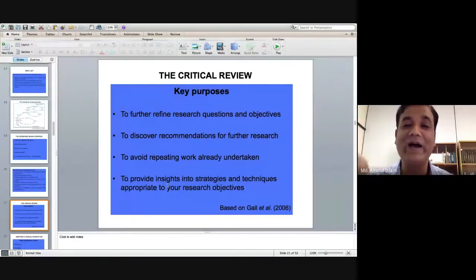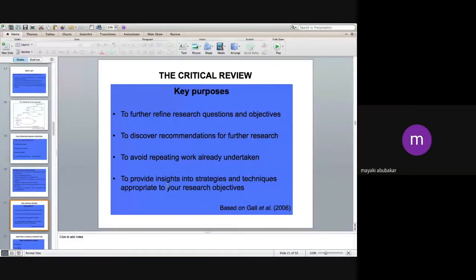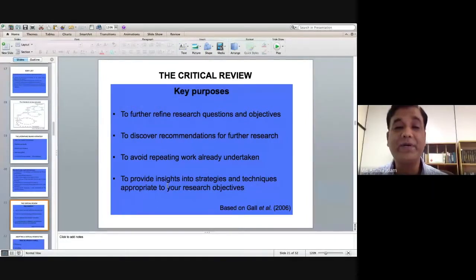After changing three rounds of topic and titles. So once you read more and more papers, you tend to refine your ideas, you tend to refine the objectives that you do. Also, when we read a paper, you will find all authors put at the end suggestions for future research. That gives us some clue about what is being done and what is not done. So a kind of research gap that helps you to define the research problem